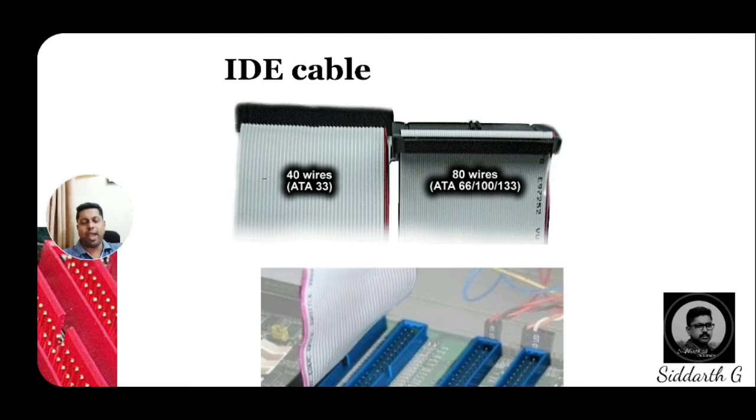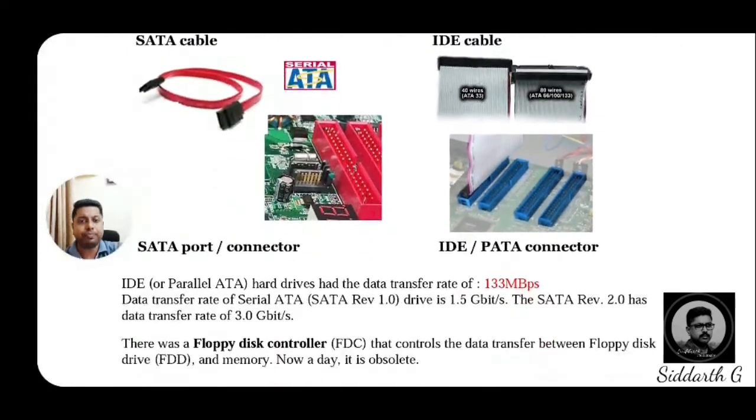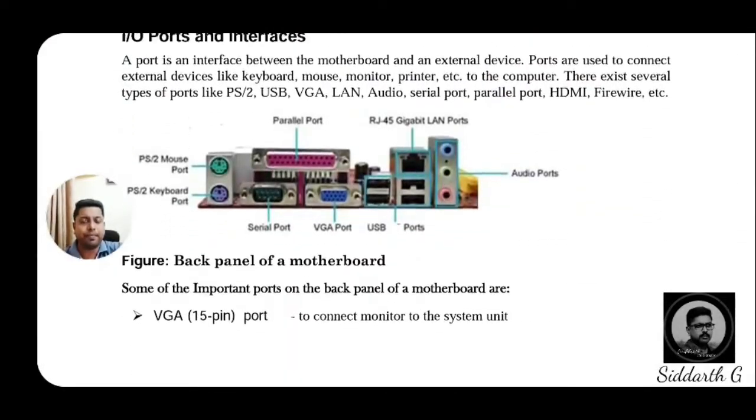That is what we call the IDE cable. IDE cables are 40 pin, and EIDE cables are nearly 80 pins. So this is how we connect the IDE or EIDE connectors to the computer. So dear students, then after this,